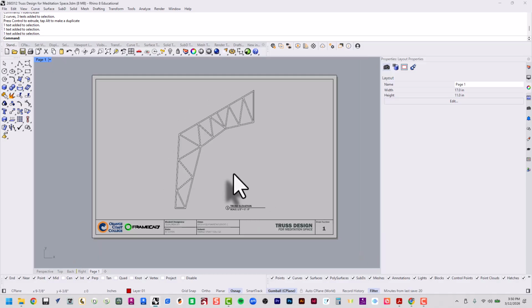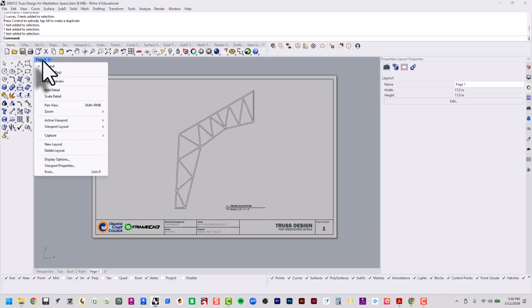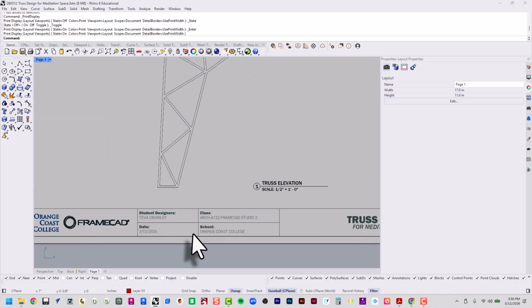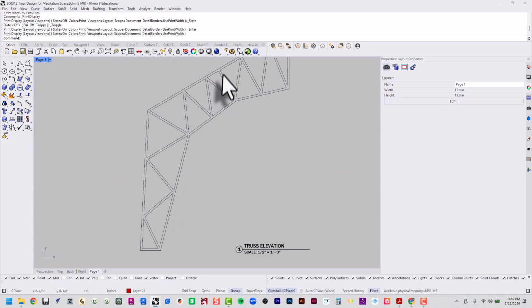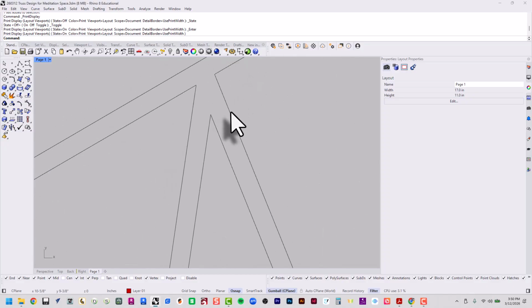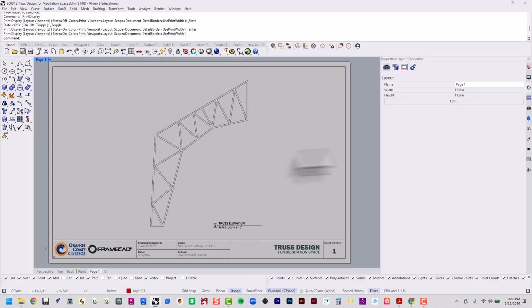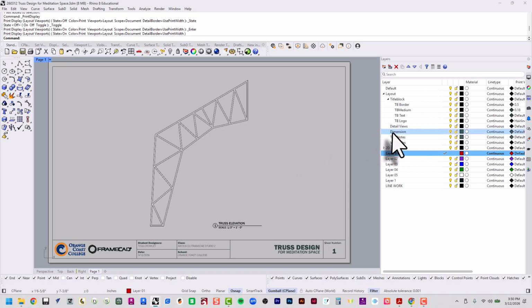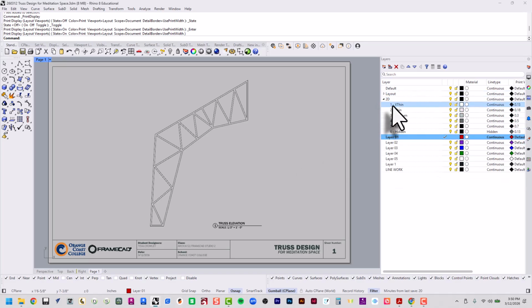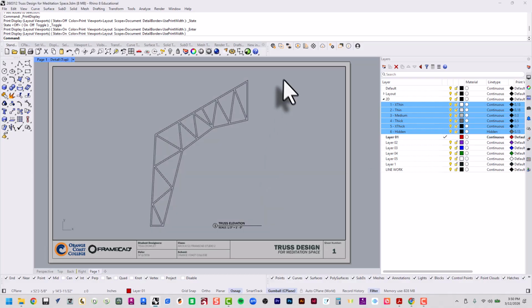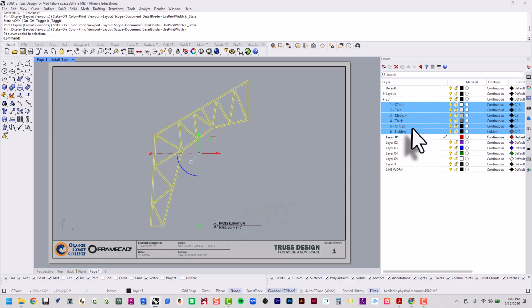So if I click print preview, this is what it's going to print out as. Notice that there's no line weights. Like this is really thin, right? So what I want to do is open up my layers panel. Right here under 2D, I've already predetermined about 6 layers that are marked extra thin, thin, medium, thick, extra thick, and hidden. All of them have their own print colors and their print weights, line weights. So if I select all of these curves and put them on the extra thick layer, change object layer,